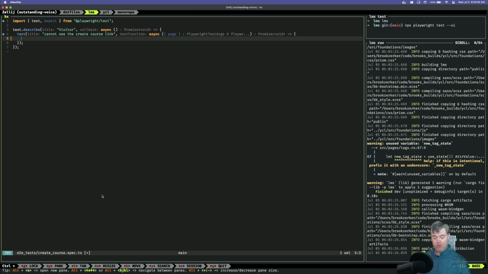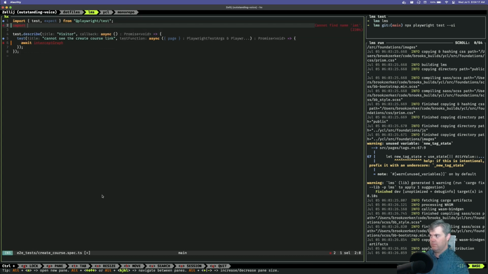I want the GraphQL interceptor. Okay, so we intercept the GraphQL, and then